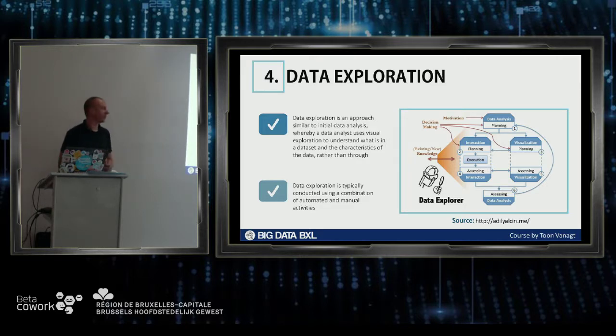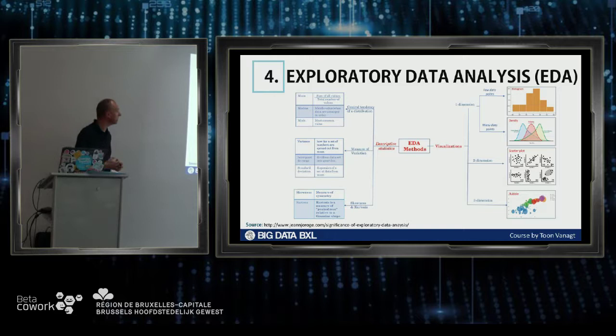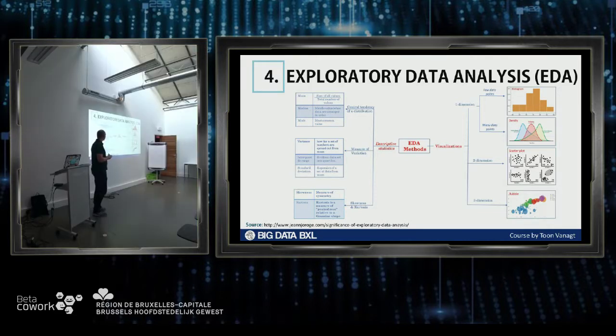data exploration, that's the fun part. And as I said, there are out-of-the-box solutions. Here's one of AGILE SynMe. Typically you do your initial data analysis and find what's similar. You use visual exploration because for us as humans, it's the easiest way to see. On the next slide, I'll show you some examples of all sorts of data visualizations that you get out of those data exploration tools. But it's a combination of automated and manual activities. Some of it is plain simple and gets out, and some of it you have to think and know what you're doing. So there are many different ways of doing that.